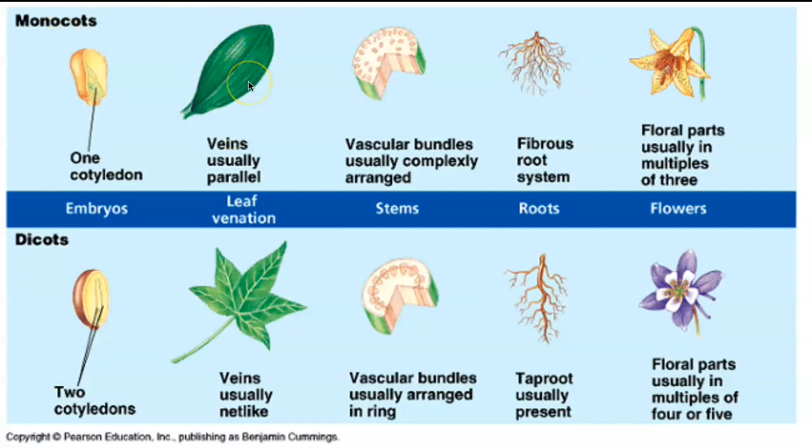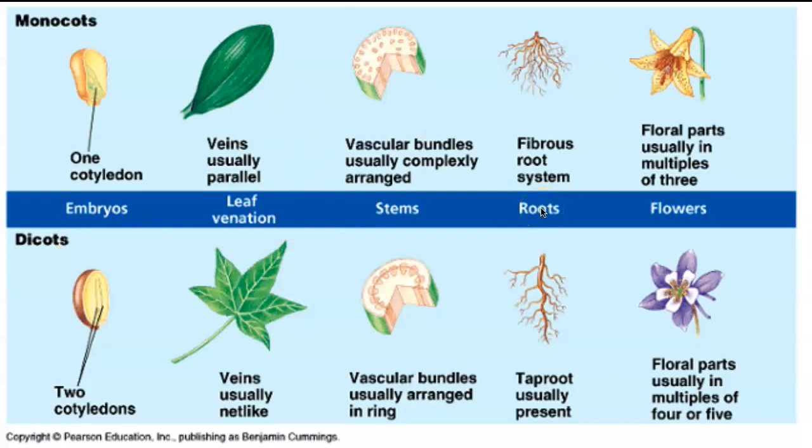What about palm trees, which technically aren't trees? They're a type of grass. They have parallel venation on their fronds or their palms, and so they're a monocot. And so it's super easy. Just look at the veins. If it has parallel, it's most likely a monocot. If it has anything other than parallel, it's most likely a dicot. So again, look at the veins.